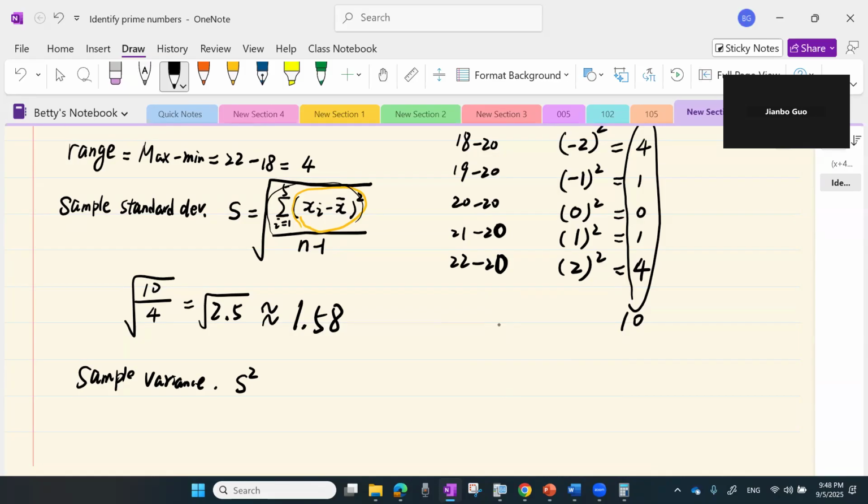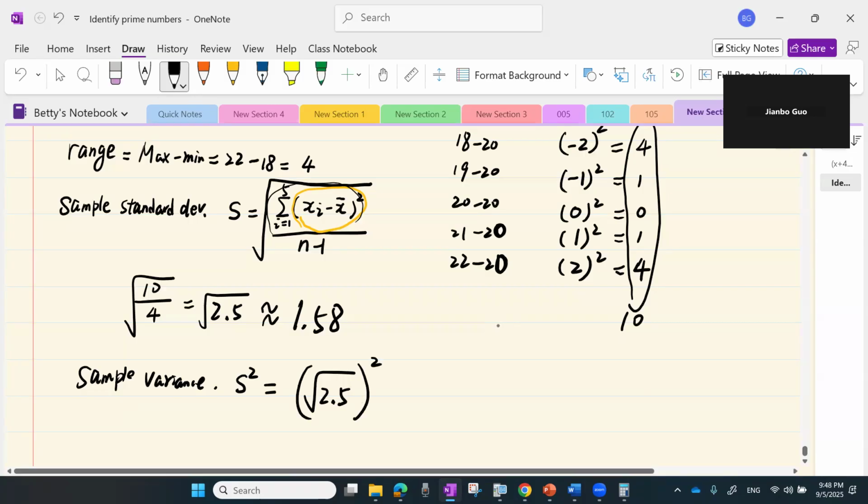Sample variance is just the square of the sample standard deviation. And since we have the approximation of the sample standard deviation, the sample variance is going to be, you know what, actually we don't have to round it, because remember the sample standard deviation is the root of 2.5. The sample variance would be the square of the sample standard deviation. And the square cancels the square root. We have 2.5. The variance of the data set